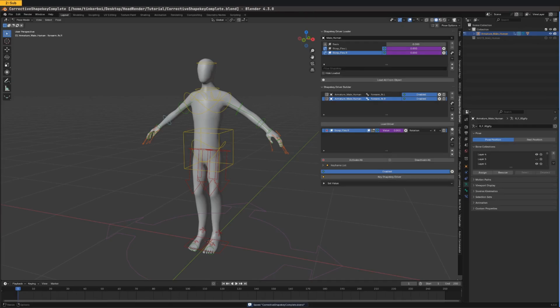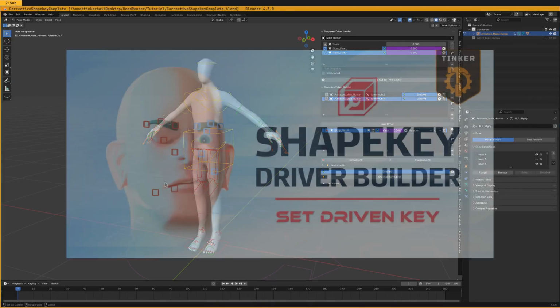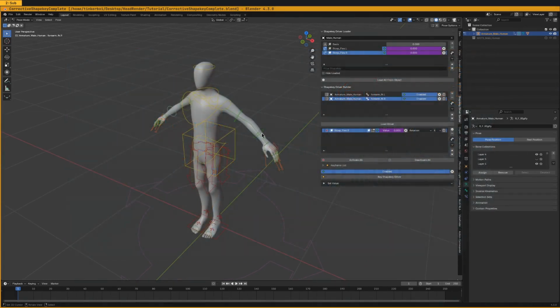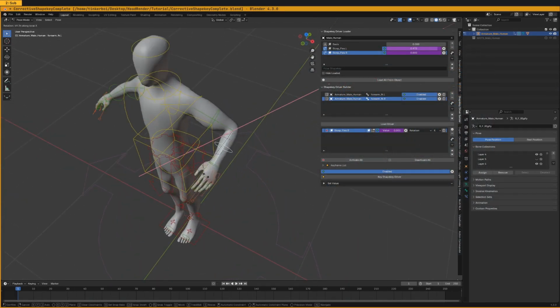Hi, in this video, I'm going to demonstrate how to set up a simple muscle flex or corrective shape keys using the Shapekey Driver Builder add-on. So here you can see that this is what you're going to make. If I rotate the arm, you can see that it's going to trigger the shape keys to create the